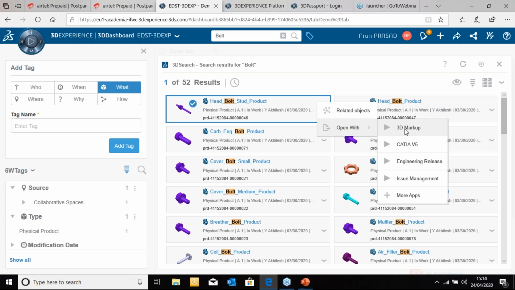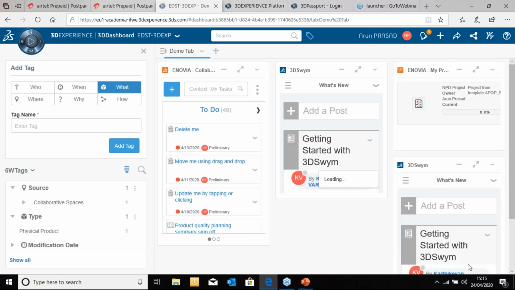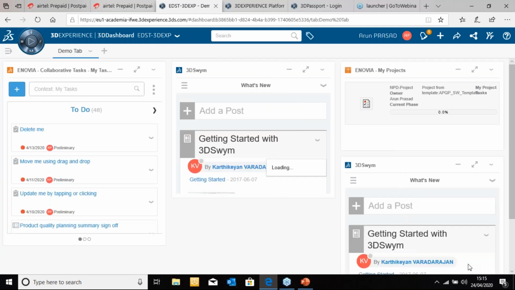Apart from this, even the non-technical departments like my HR department, my CEO, the leadership team, my management, they can build their own communities within this platform and have access to each and every piece of information, which gives them a feeling that they're not disconnected from the day-to-day office related activities or their business operations, simply because each and every piece of information is accessible on this 3D experience platform.